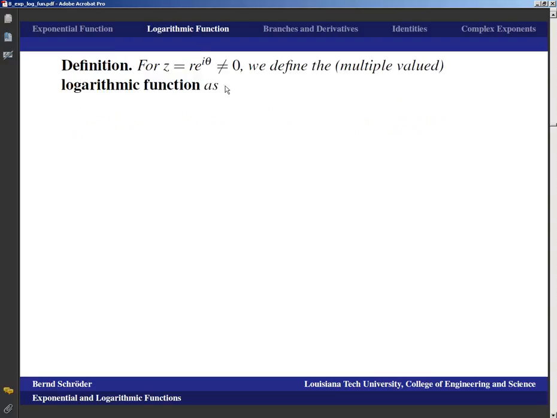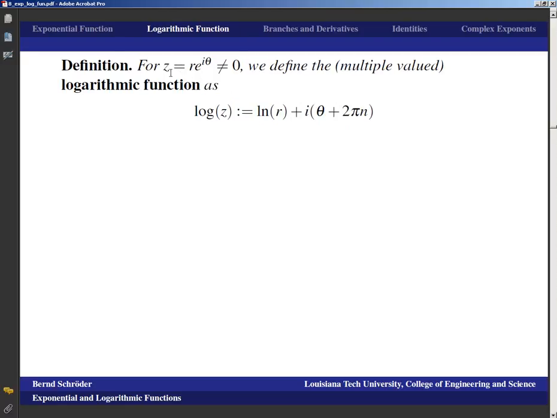For z being r e to the I theta being non-zero, we define the multiple valued, and here's where we have to be careful, and that's what will give us some work in the remainder of the presentation, actually. This is a multivalued function, logarithmic function. We define that as the logarithm of z being ln r plus I times theta plus 2 pi n. And that is because, remember, e to the I 2 pi was equal to 1, so e to the I 2 pi n is equal to 1, which means that